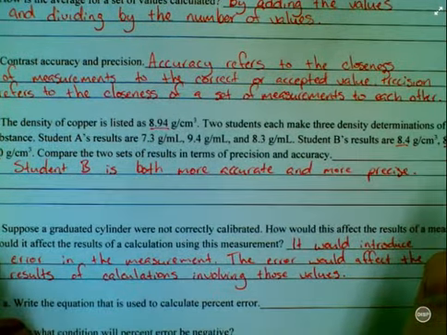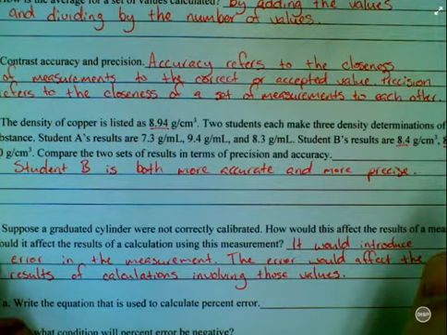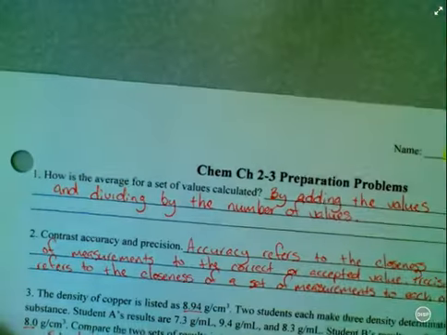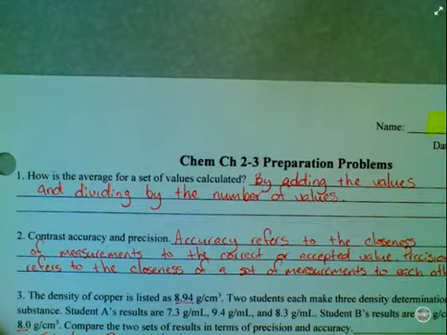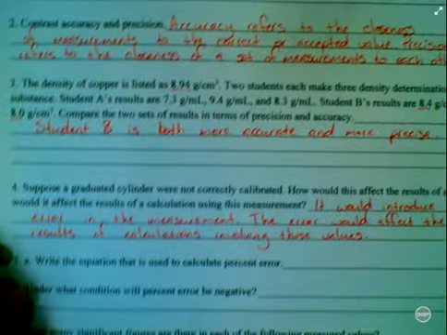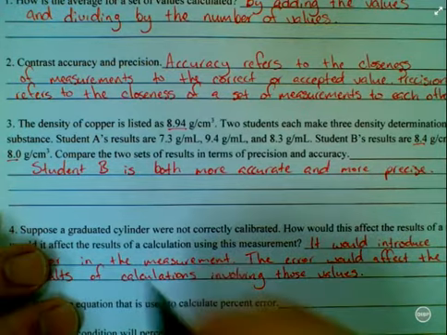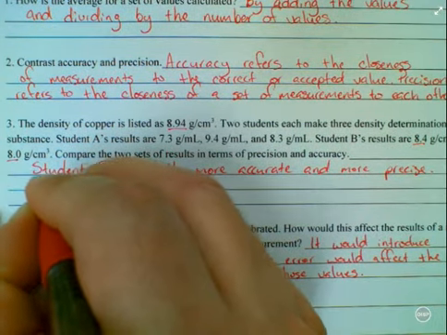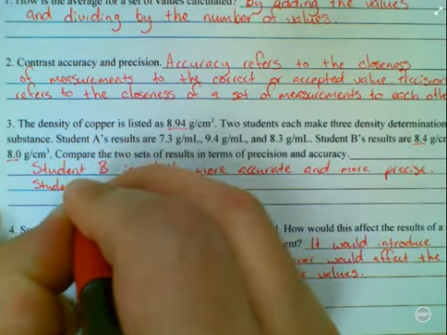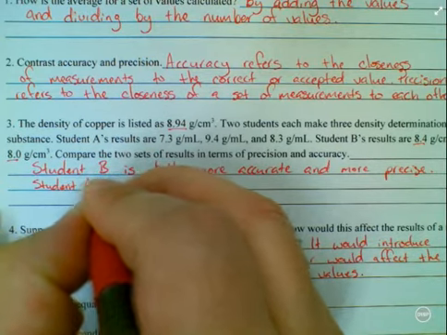Now, you don't have to eyeball this. It's not necessarily necessary at all. We can go back to number 1. How is the average for a set of values calculated? Oh, we know how to do that now. You can actually calculate the average of these 2 sets of numbers. And if you do that, you will find that student A's average